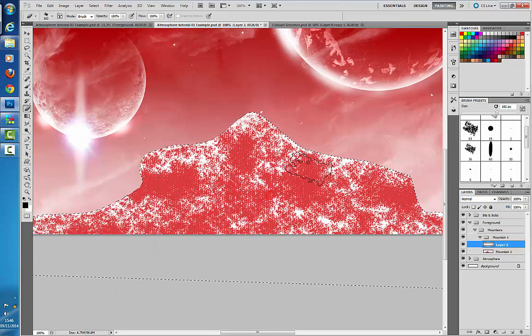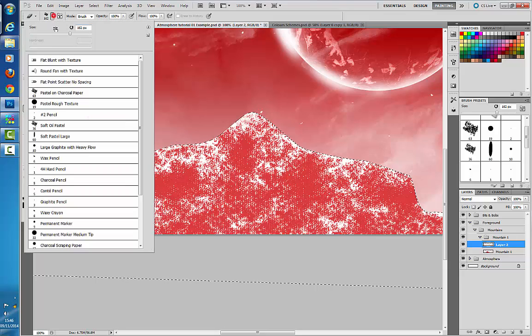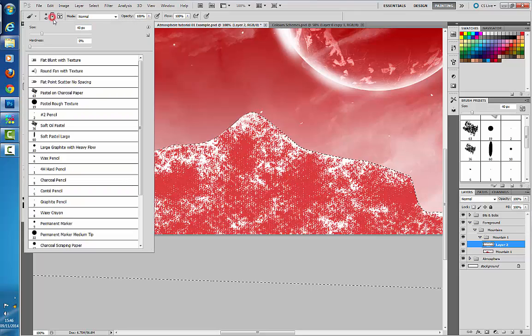In that, and actually speed it up. Or you can obviously decrease it as well. So now we've deducted that information away, I still want to make it a bit brighter up in these areas. So what I'm going to do is select the brush tool,